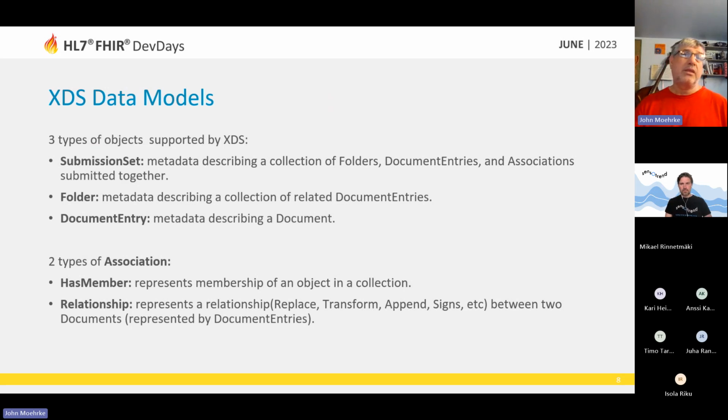deep topics. Within the XDS model, we have 3 different object types. There is a submission set. The submission set is there to explain to the registry, I am submitting these 3 things together. The registry then would tell everybody else, hey, by the way, these 3 things were submitted together. So that's a submission set. It's not all that important in many cases,